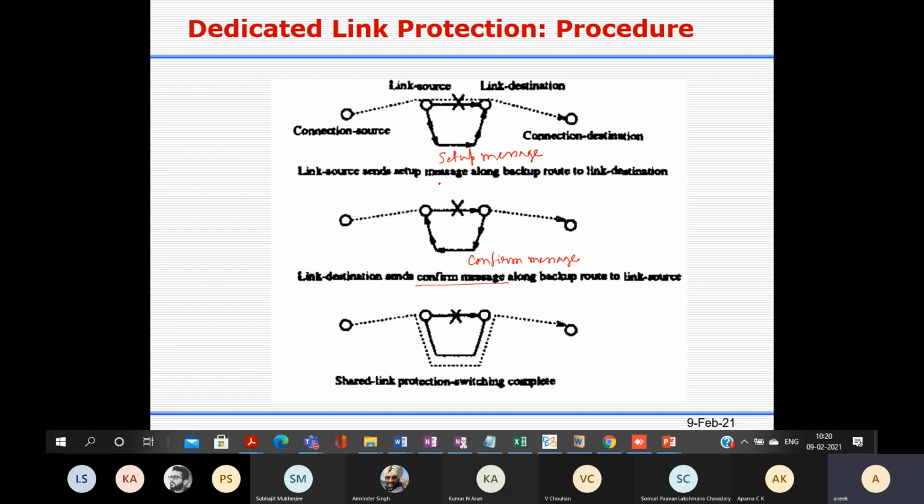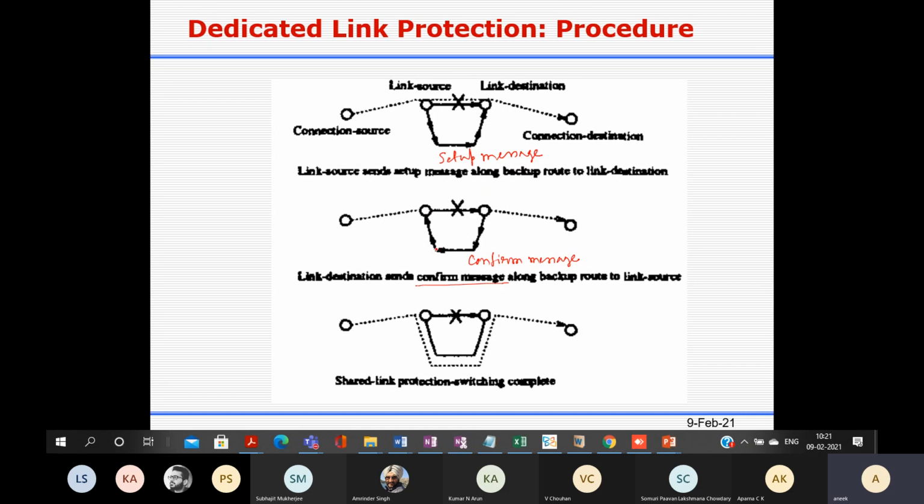So we should not incorporate the reconfiguration of the optical cross connect. That timing we will not consider because this is a dedicated protection. Already it was there. So that's why reconfiguration timing we will not consider. After this confirm message reaches the link source node, then the dedicated link protection switching is complete.